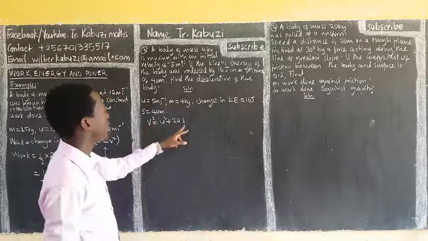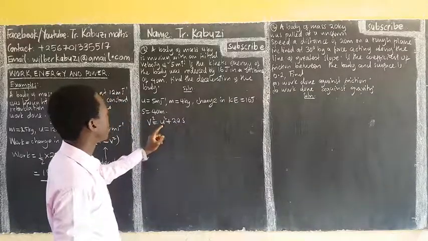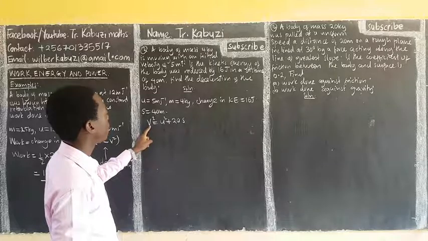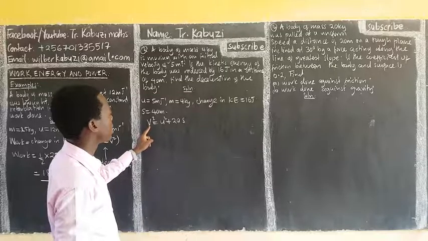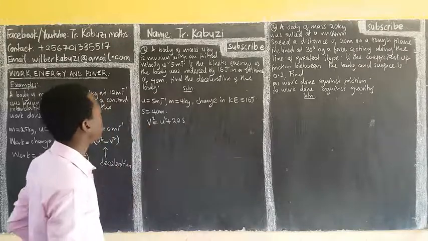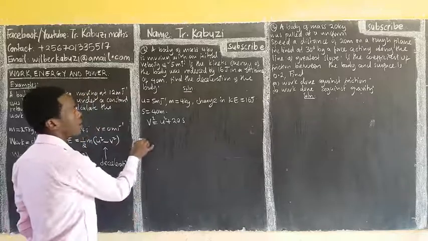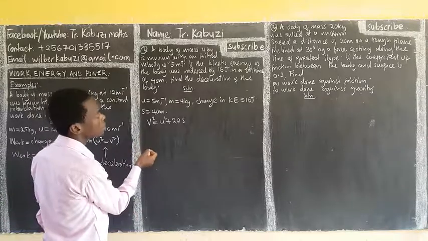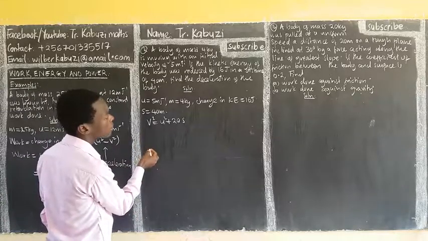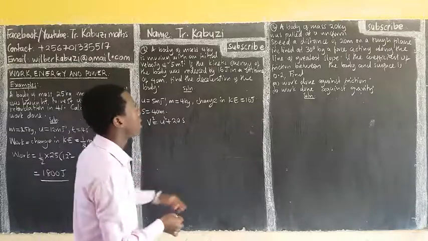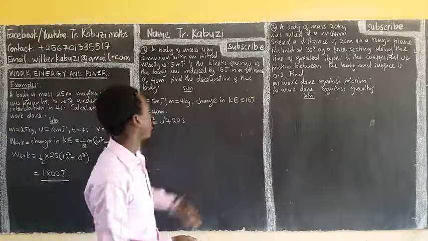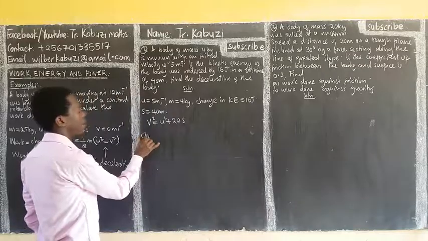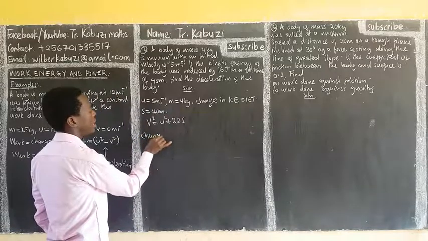So to get the solution, we have this, but we don't have this. So we are missing this, so we first get this. What are you going to use? We know that change in work done. Okay, they are giving us the change in the kinetic energy. So we say change in kinetic energy, change in KE